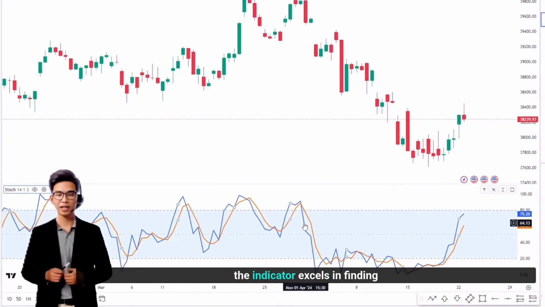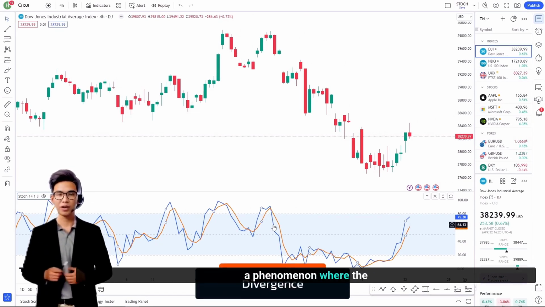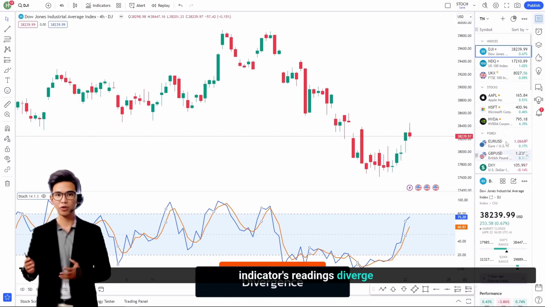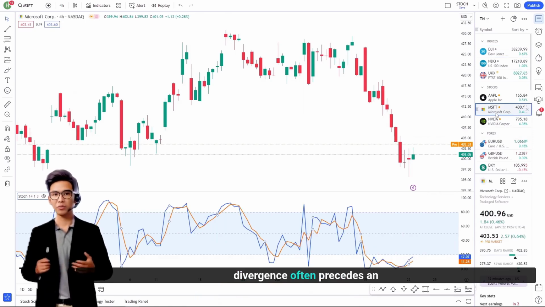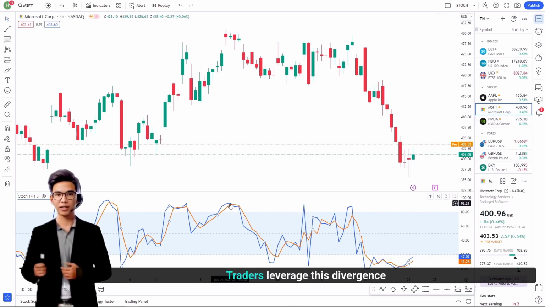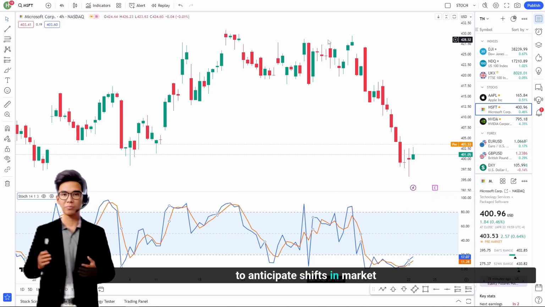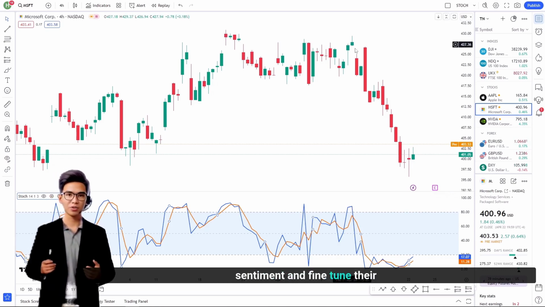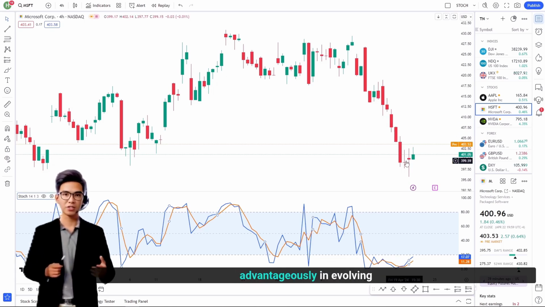Moreover, the indicator excels in finding divergence between price action and momentum, a phenomenon where the indicator's readings diverge from the prevailing price trend. Such divergence often precedes an impending reversal in market direction. Traders leverage this divergence to anticipate shifts in market sentiment and fine-tune their trading strategies accordingly, positioning themselves advantageously in